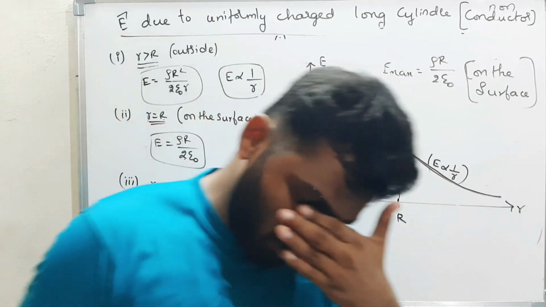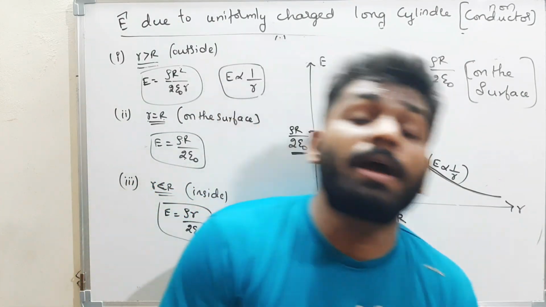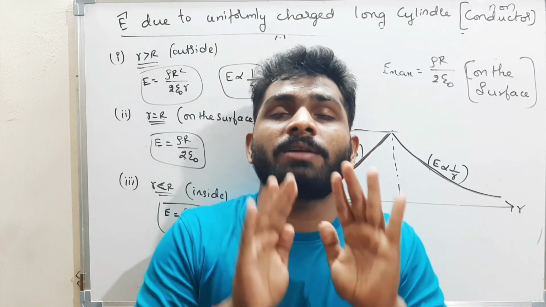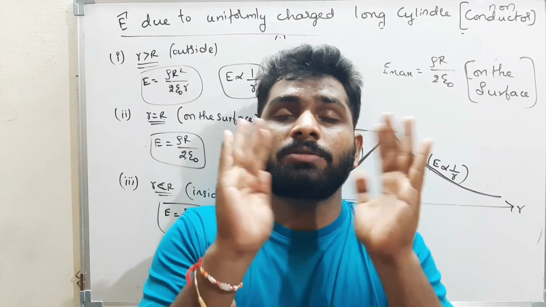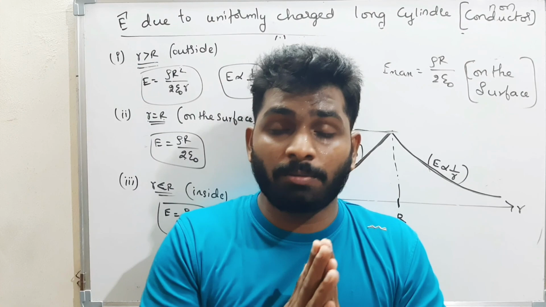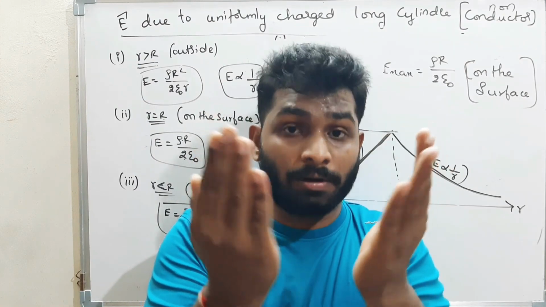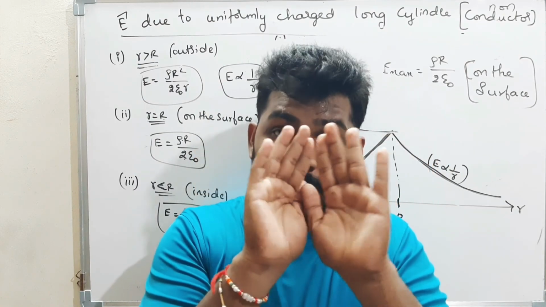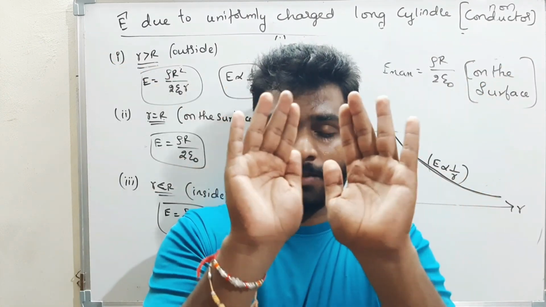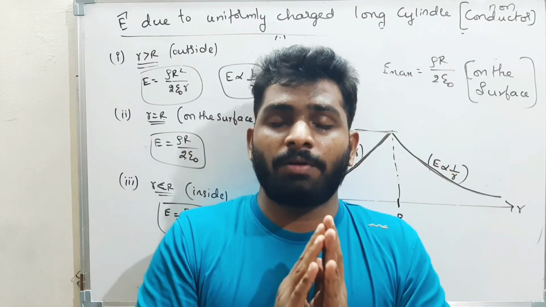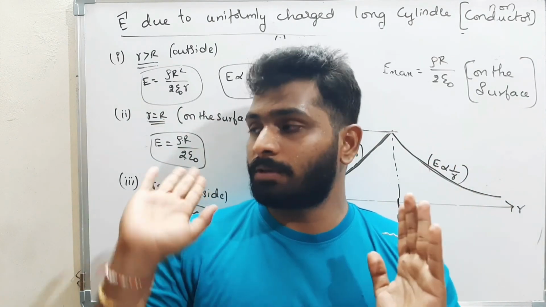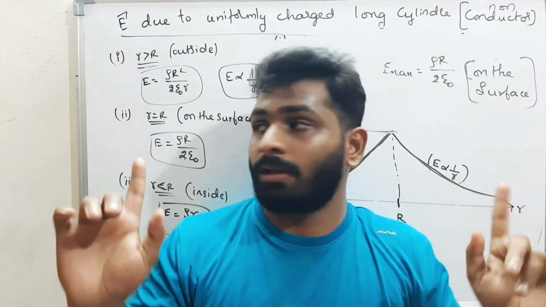I think it's clear. See here, one more thing. Always you guys have to imagine the Gaussian surface. Just close your eyes and imagine the Gaussian surface. First of all, you have to assume the Gaussian surface, then you have to find the charge present in that Gaussian surface. Sometimes the charge may be linear charge, sometimes surface charge, sometimes a point charge, sometimes a volumetric charge. Once you get the charge, the third step is to find the surface area of the Gaussian surface. Then put in the formula and you will get the answer. That's nothing else. I think it's clear.